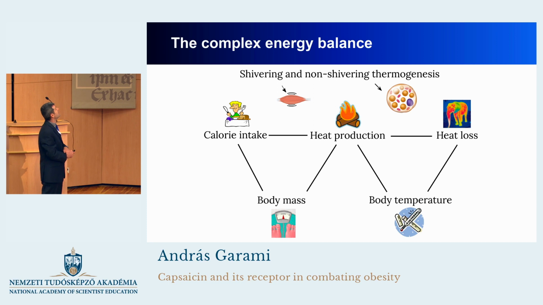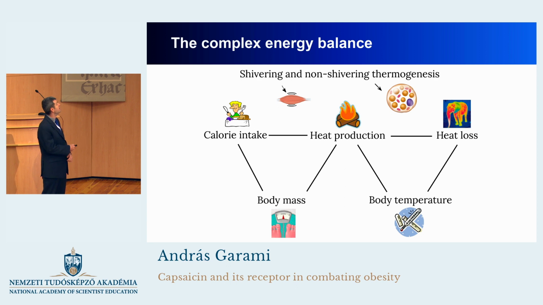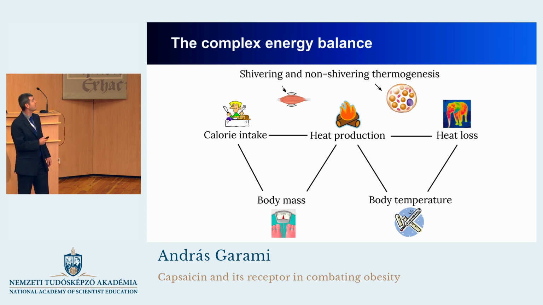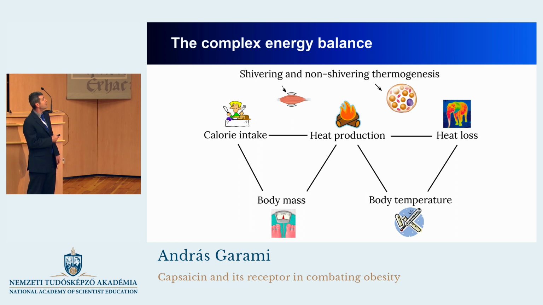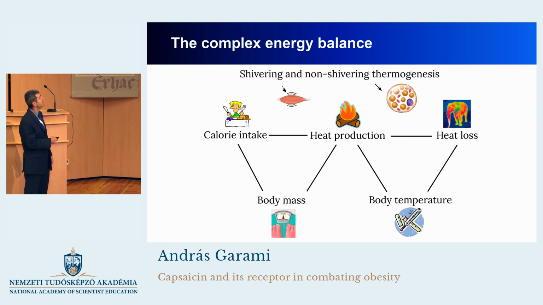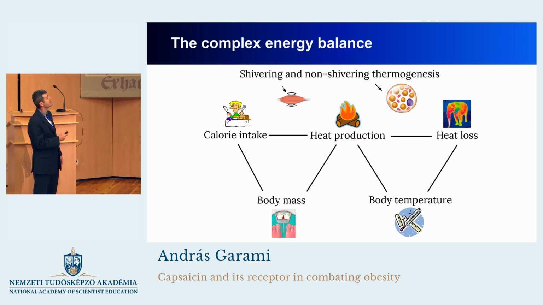As you probably know, obesity develops if there is a disruption in the complex energy balance, which consists in part of energy intake in the form of food intake and energy expenditure in the form of heat production, which over the long term determine normal body mass. However, heat production is also in balance with heat loss, which regulates body temperature on the short term, and heat production can be achieved via two major ways: via shivering thermogenesis in skeletal muscle and non-shivering thermogenesis in brown adipose